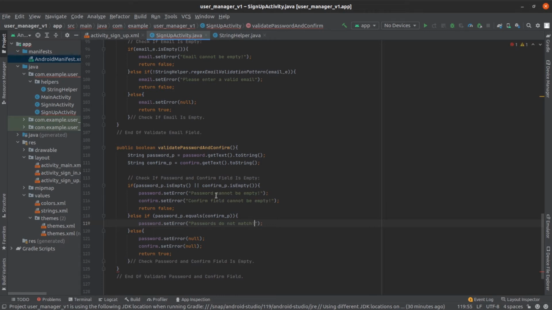And then, as you saw within the last video, the confirm field, even when it's empty, still sets an error message to the password. So I think we need to change this as well. We just need to add another if else statement so that it doesn't confuse the user. So I'm going to say false here, then I'm going to say else if,